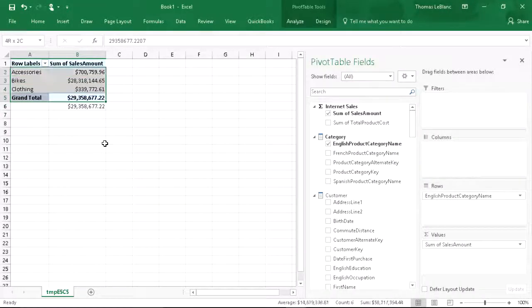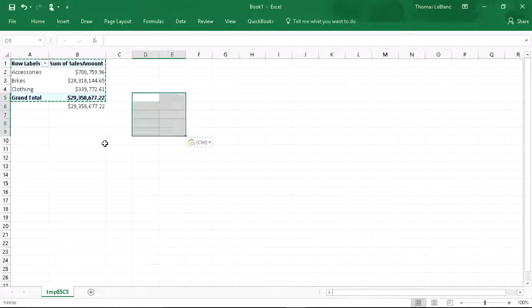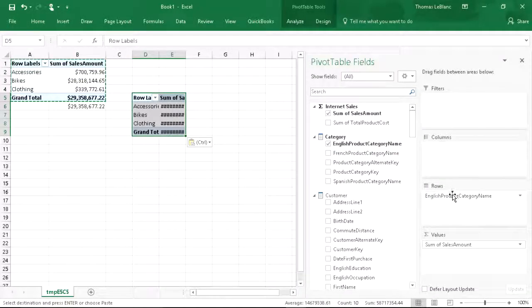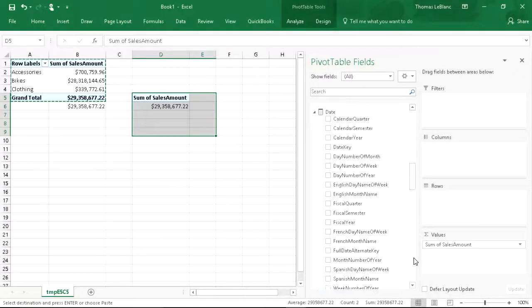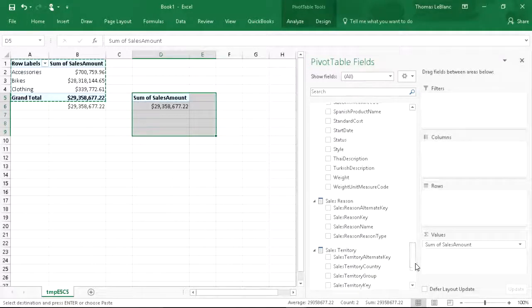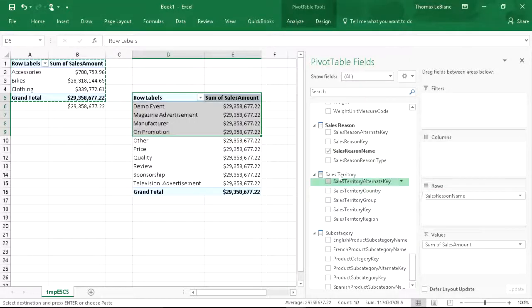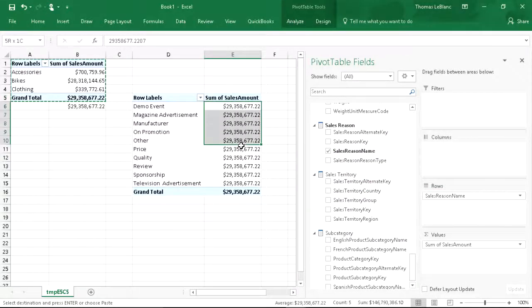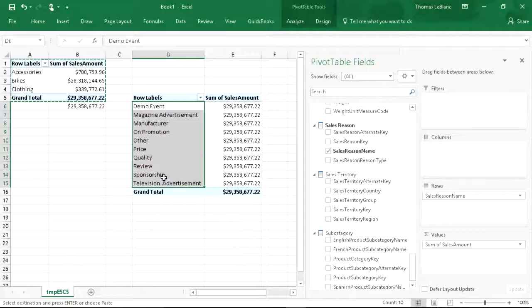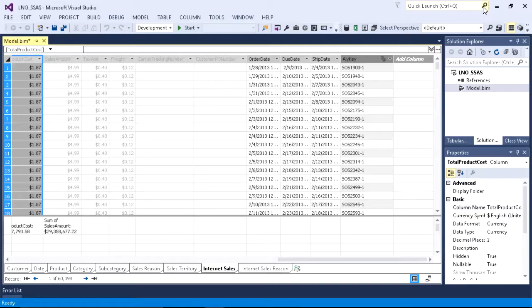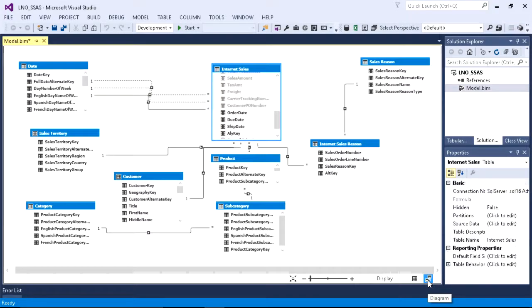Now I'm going to copy this table, move it over a little, and take my category name off, and I'm going to scroll down till I see sales reason. And if I grab that sales reason name and put it in my rows, I see the same amount throughout the whole area, and I might see some of these duplicated or some displayed that don't even have an amount there. So right now I'm not seeing the bidirectional filtering, but if I minimize this, go back to my development,